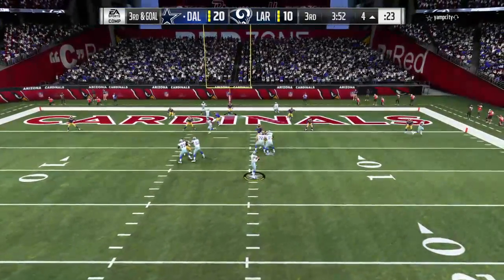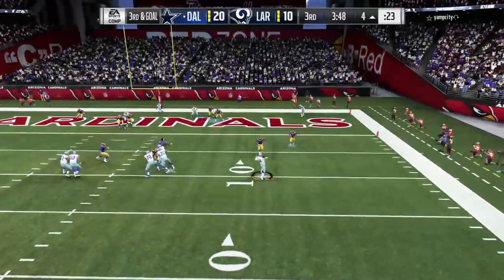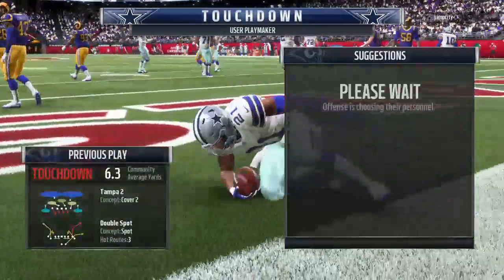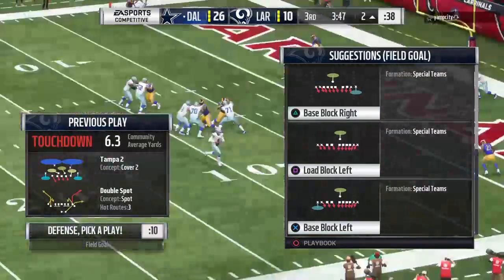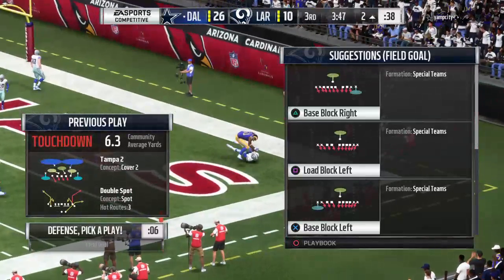Now Prescott. Flush to his right. And that is caught. Touchdown, Cowboys. 3 touchdown passes now for Dak Prescott. And the Cowboys will extend their lead. That drive that really increased their cushion